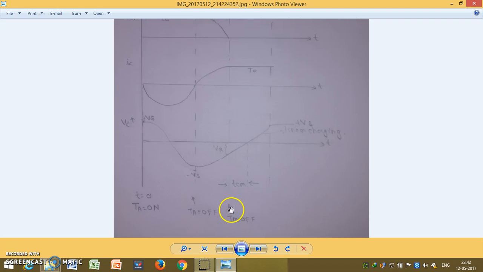At this point the main thyristor will be off and our job is done. This is the point where reverse voltage is applied. The time for which reverse voltage is applied is known as circuit turn off time, TCM. Now we will discuss TCM. The time for which the thyristor is reverse biased is known as TCM, the circuit turn off time. Now